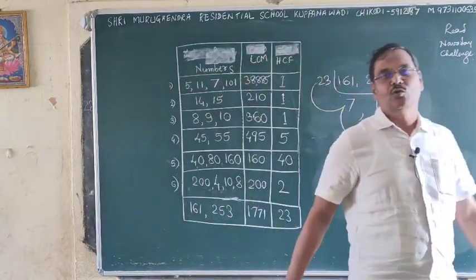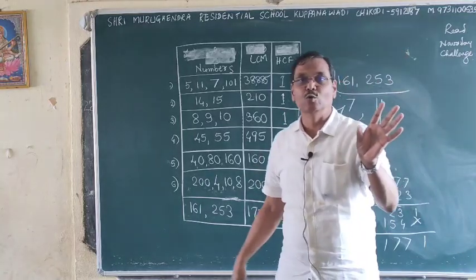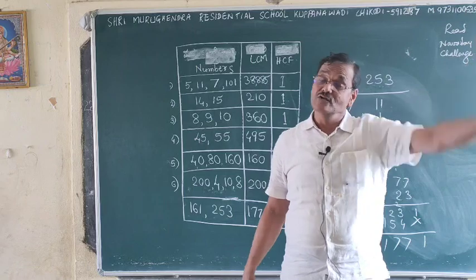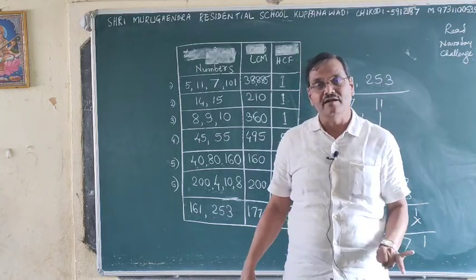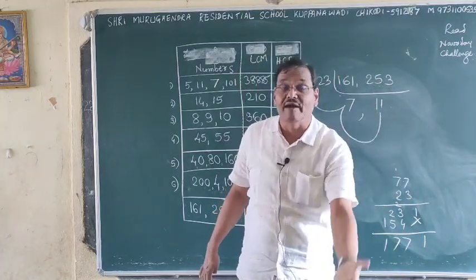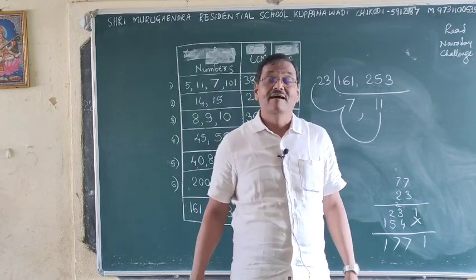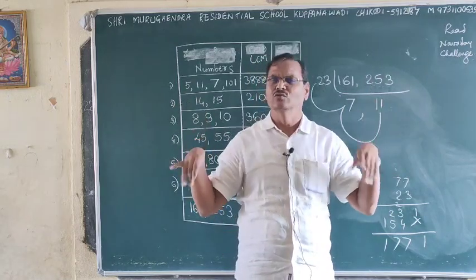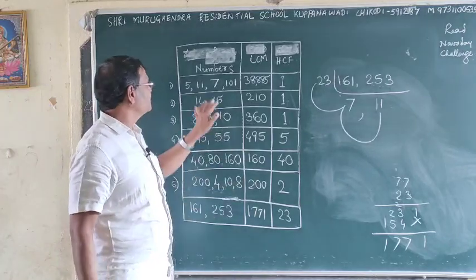Here you understood mostly the entire thing, where we have to do mouth calculation, where to go for the continuous division method, where to follow the usual division method, and if numbers are like this, how we have to find the LCM, so that we have to find the HCF first, later we can go like this. All the things you understood. See, everything is written here and these are the numbers.